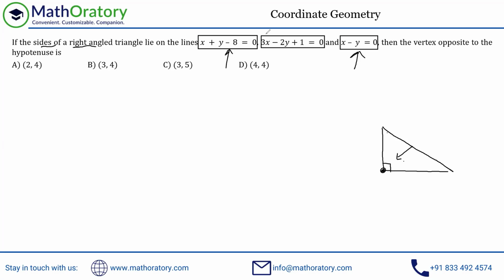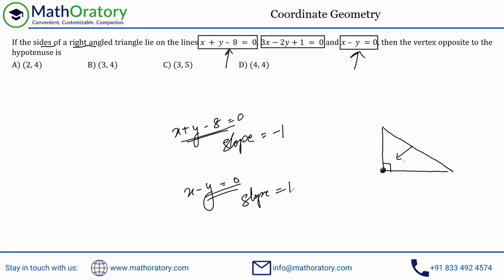So now this actually becomes relevant. What I was noticing is if you have this x plus y minus 8 equal to 0, this has a slope of -1, right? I hope you know how to calculate slopes and all. And for x minus y equal to 0, the slope is 1. As long as the product of slopes is -1, that will give you perpendicular lines. In this case, the slope will be 3 by 2. So 3x minus 2y, so 2y is 3x. So y is 3 by 2 x. So the slope will be 3 by 2. That is not working out, but these two lines have to be perpendicular to each other, right?